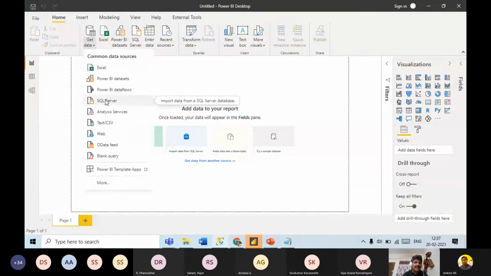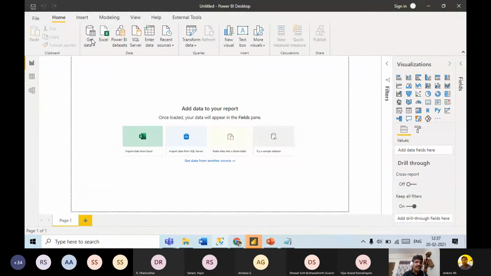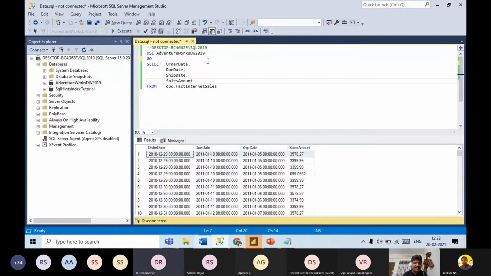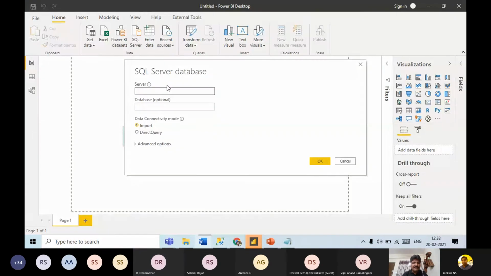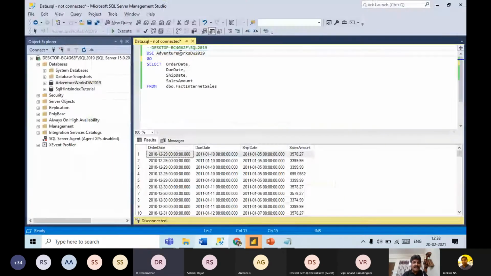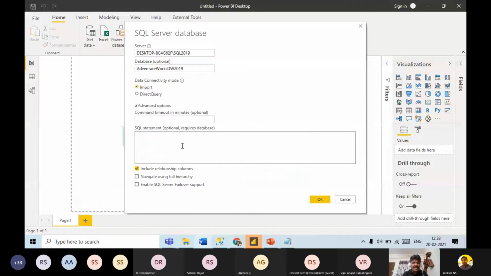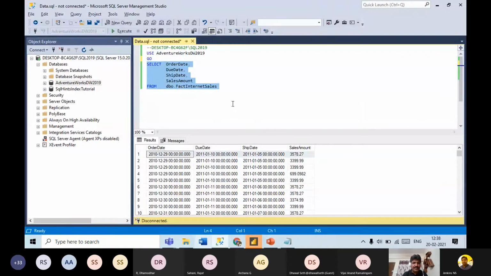Let's go to SQL Server. It supports importing data from 100 plus data sources. First it is asking for my database instance name. I'll give the instance name, then my database name, and then this query.